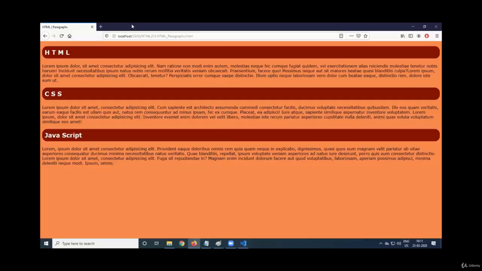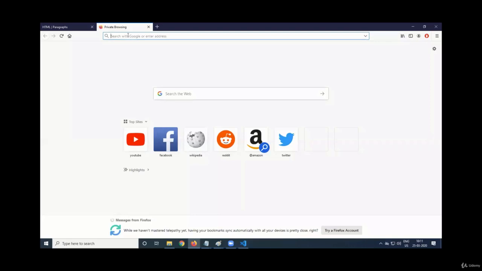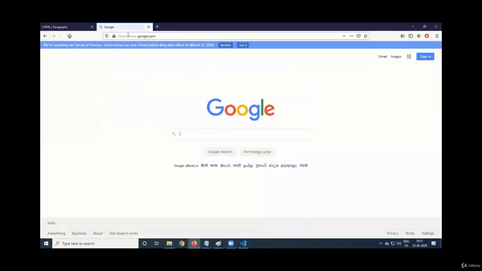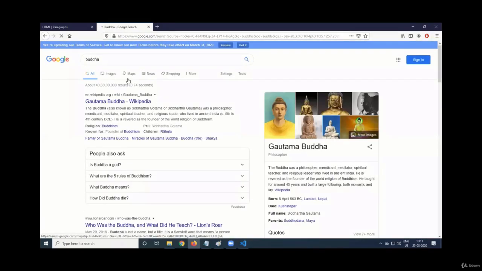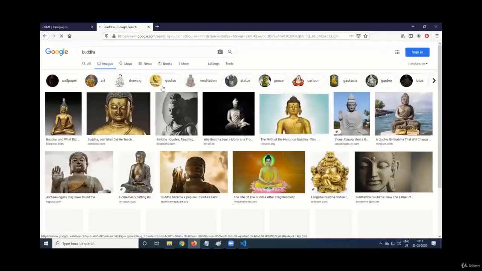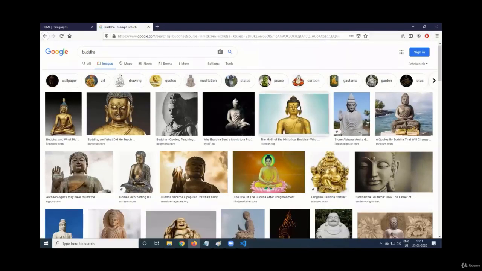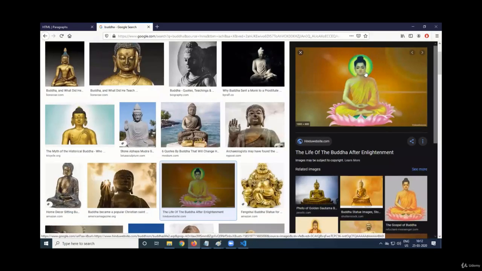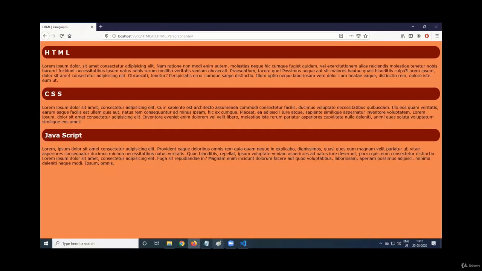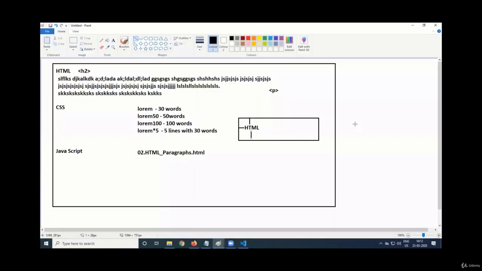And also, I want to apply some shadow. See, when you see the picture of a Buddha statue, or a Jesus Christ picture. When you open this, when you see this, there is some aura. This is the shadow. On this head part, there is a shadow which is coming. That's the aura. So the same shadow I want to apply. When I want to apply the shadow, for example, there is a box. H2 is a box only.